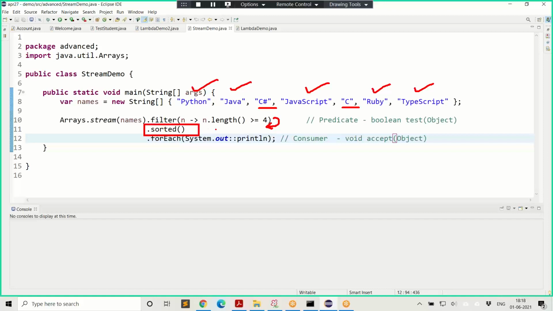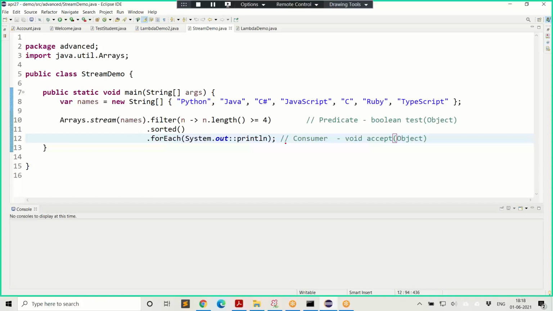And once it produces the same stream in the sorted order, then that stream will go to the next step where we are applying a terminal operation. forEach is a terminal operation. So in forEach, what we do, we want to consume every element that is present in the stream.